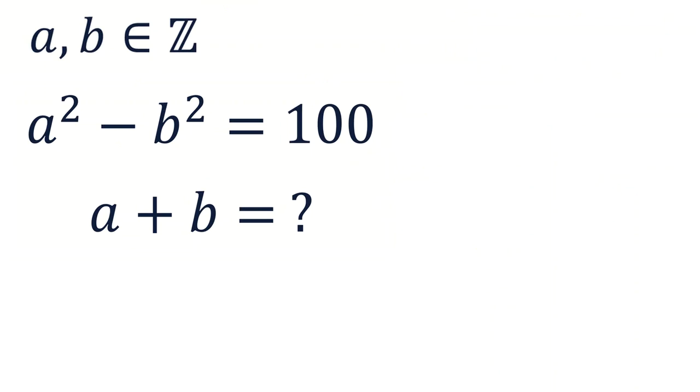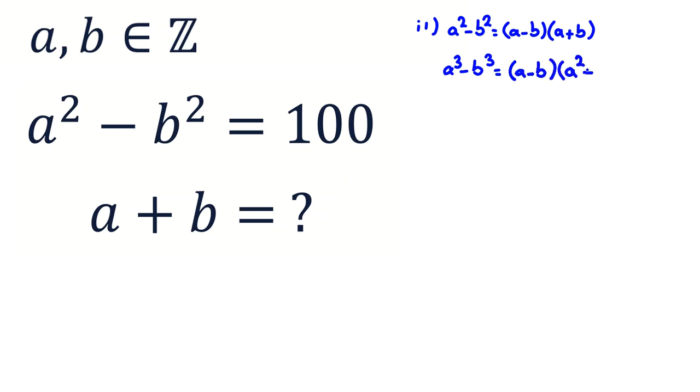Okay. For a squared minus b squared, we use a famous identity, and we also have that identity for n. What is it? Then we have a^n minus b^n. For example, for 2, a squared minus b squared is (a minus b) times (a plus b). For 3, a cubed minus b cubed is (a minus b) times (a squared plus ab plus b squared). In general, a^n minus b^n equals (a minus b) times a^(n-1)